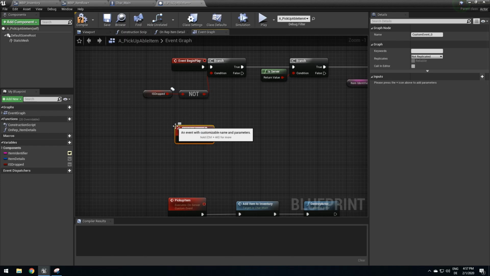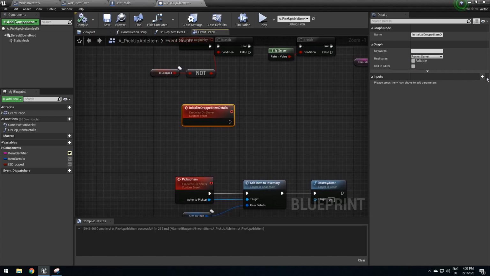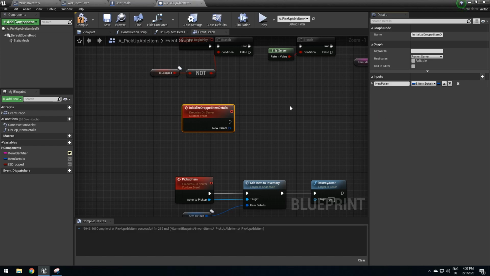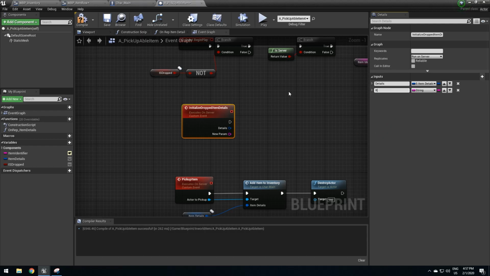initialize dropped item details. So this is going to be a RS, run on server. And what we want to do in here is we want to just provide an item details, and we want to provide a unique item identifier. So details, and we want to provide an item identifier, which is just a string. So let's take this here,